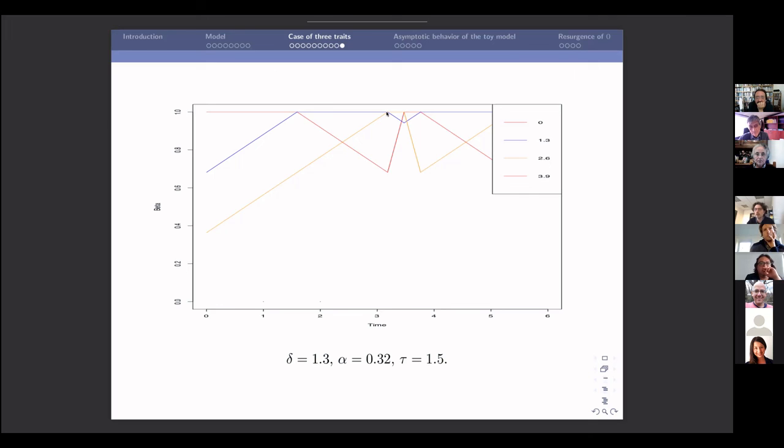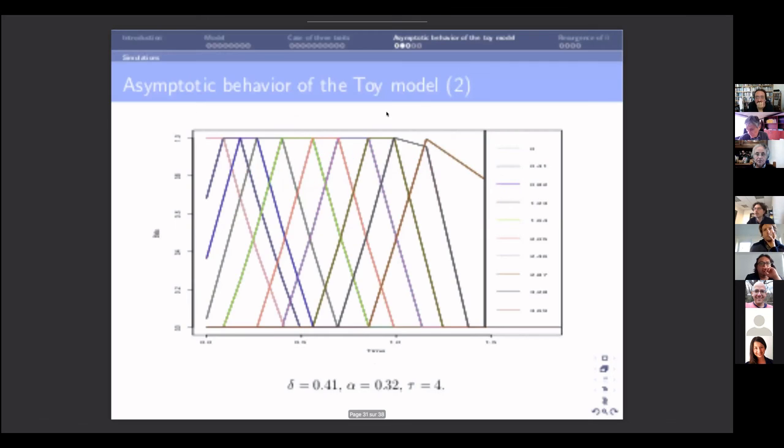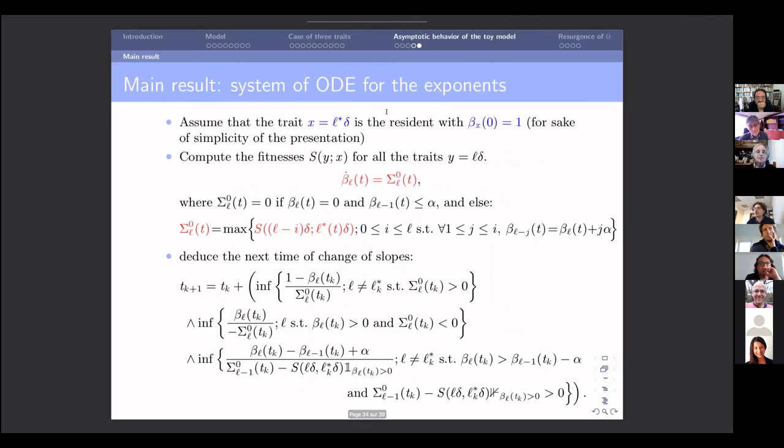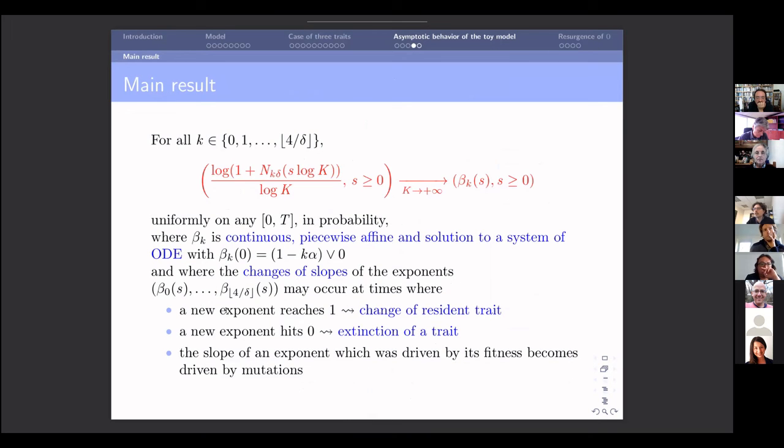And actually, in our results, we have a restriction. For some initial conditions, it may happen that two exponents become equal to 1 at the same time. Nothing would prevent that. This could happen. In this case, our proof doesn't work, so we need to stop there. So the convergence result is only on a time interval up to some bad event like this one.